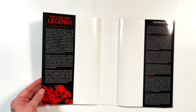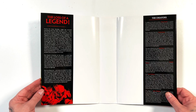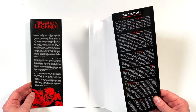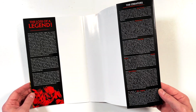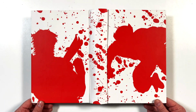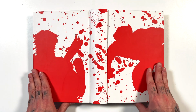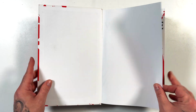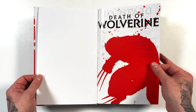So then we have the aftermath. How are the other heroes, mutants, dealing with the death of Wolverine? Here we have a biography on the creators: Paul Cornell, Charles Soule, Alan Davis, Salvador Larroca, Steve McNiven, and Ryan Stegman. And then the graphic on the actual hardcover, pretty cool, man. Wolverine in the silhouette with the blood splatter all over the white omni. Pretty crazy. Let's open up, white cover pages, and then boom, Death of Wolverine with that same type of vibe,